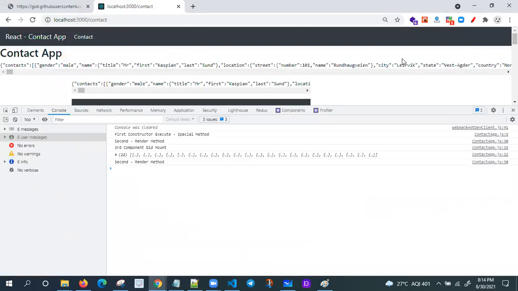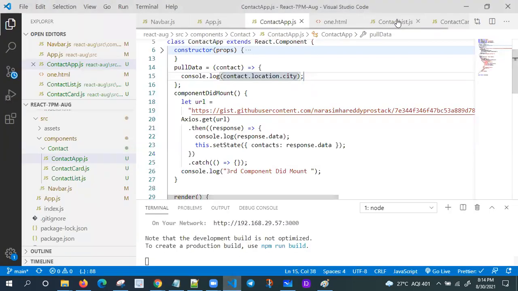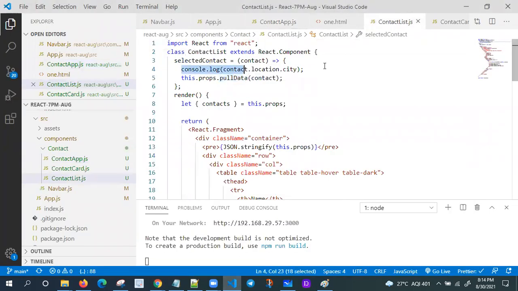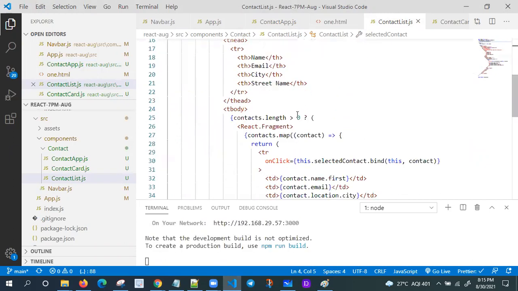See here, I'm binding the contact. It is coming 2 times. Why 2 times? Because I'm printing at one level and at this level. I'm removing this one. Let me explain: in a row level, I'm selecting the row. I have one onClick event, I'm executing my event handler, binding the contact.